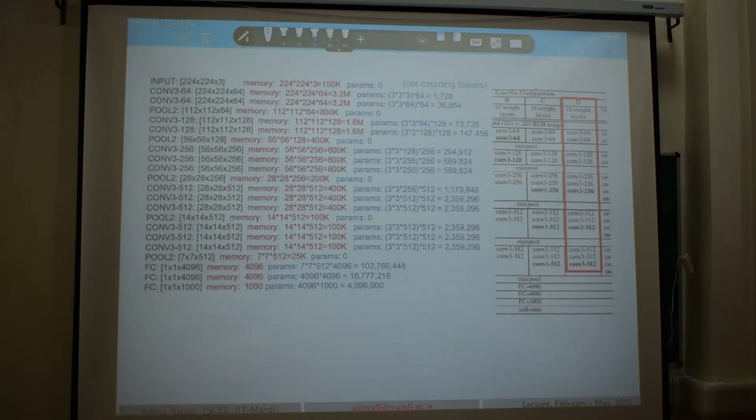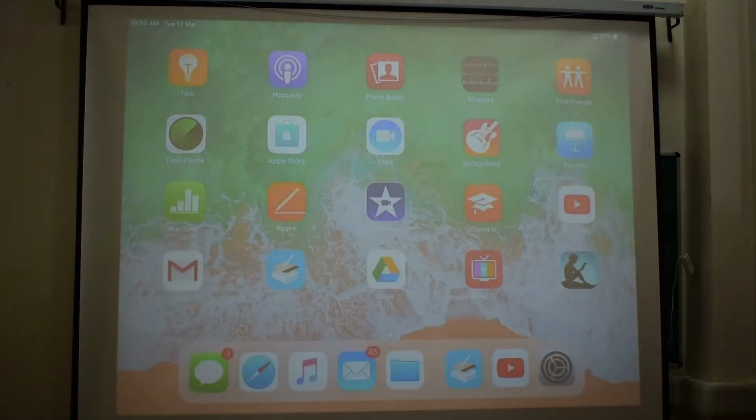This is the parametric analysis, in which you can check that for each place they have written the number of parameters. You will see that these are the number of parameters most of the time, but as soon as you apply the first FC, you get this many parameters. Because of that, most of the weights come from here. If you add up whatever else you want, it is dominated by this number, the first FC.